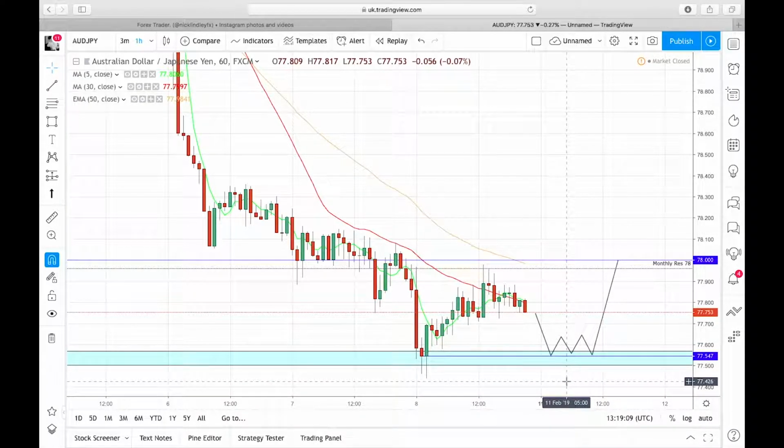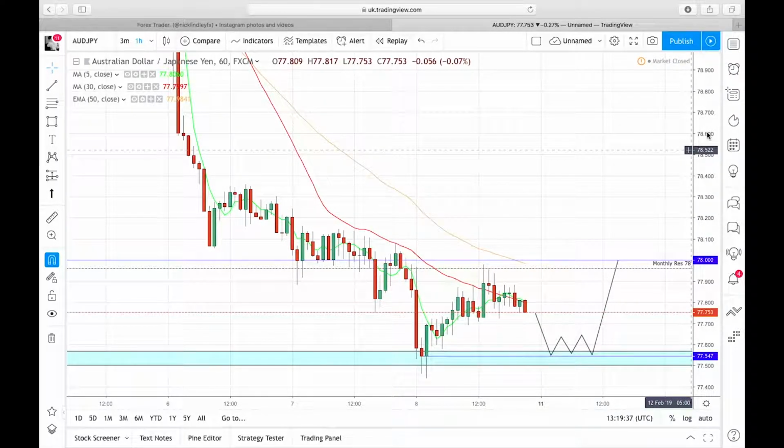However, if we fail to close below 77,547, and we do consolidate in this range and we do play some bullish candles, then I will be looking for a trend reversal setup from the hourly to 15-minute time frames, and I'll be looking to take a short-term long back into the region of 7800s. Again, because this setup hasn't really established itself at the moment, it's something that if I do take a long